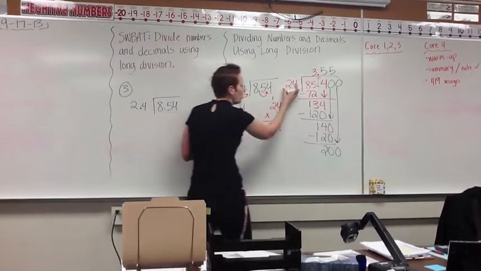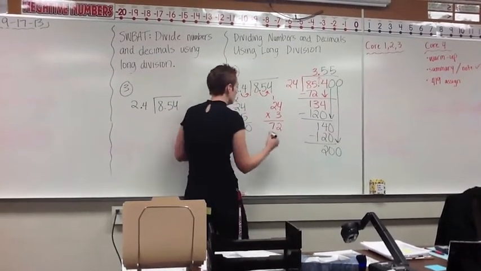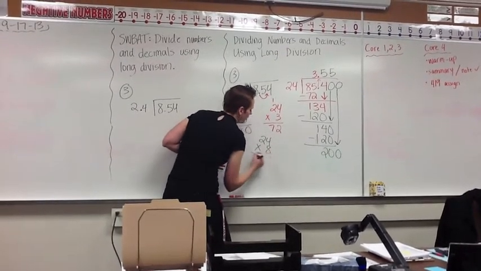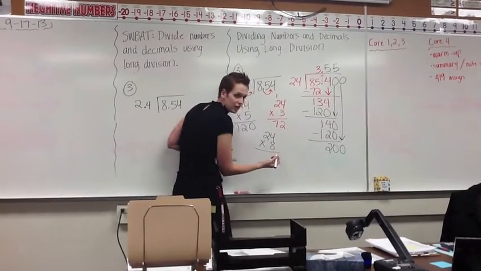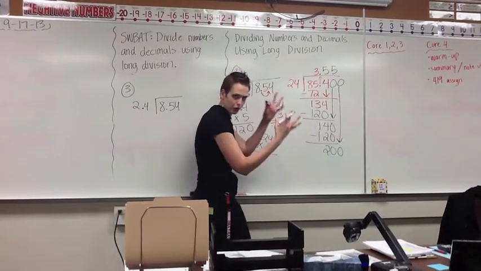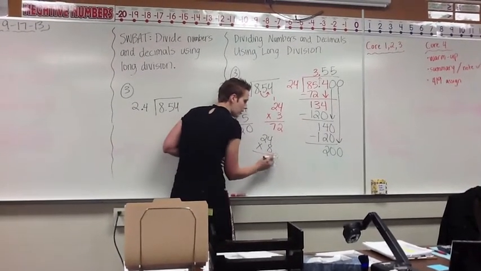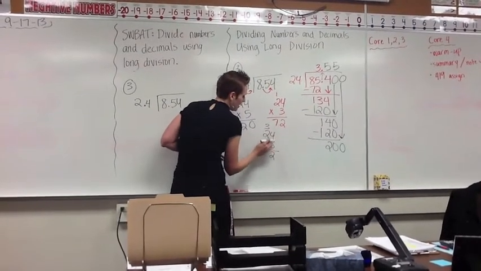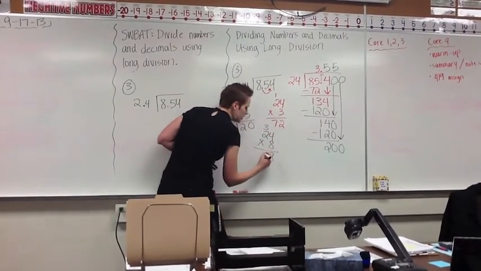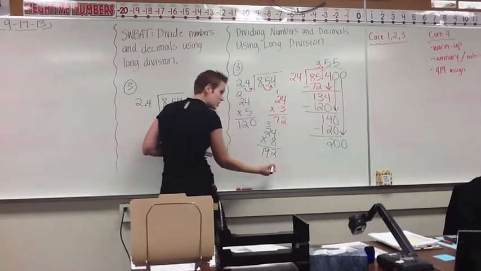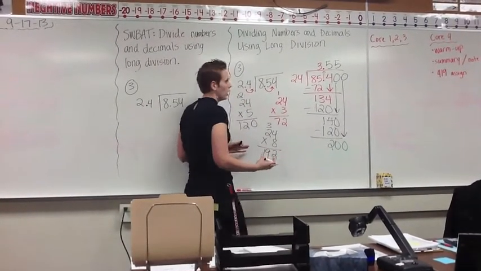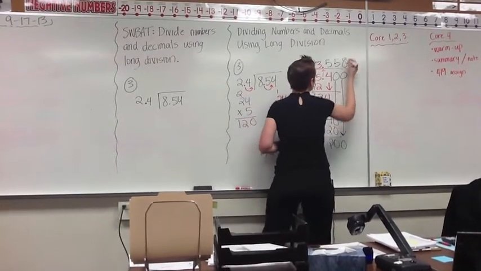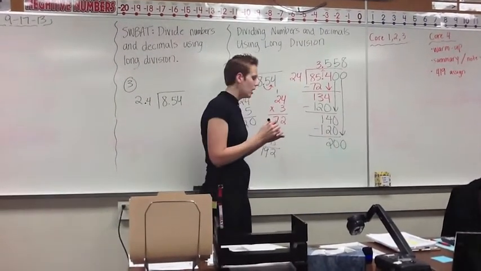And 24 into 200, we're going to try 8. And unfortunately, you're just going to have to kind of search around for the number that you're going to try. 8 times 4 is 32. 8 times 2 is 16. Plus 3, 19, 192. Here's the nice part. We know that 24 into 200 is going to go 8 times, but you can stop right there because our